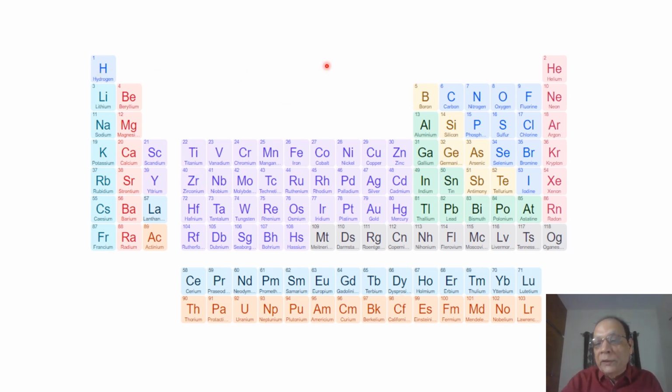Hydrogen has no proper place; it can be in group 1, and can also be included in group 17. 14 lanthanides and 14 actinides also don't get a place in the main body of the periodic table. And hence, even after everything has been arranged to perfection, these two things remain unsolved.